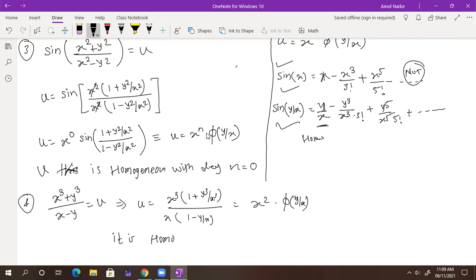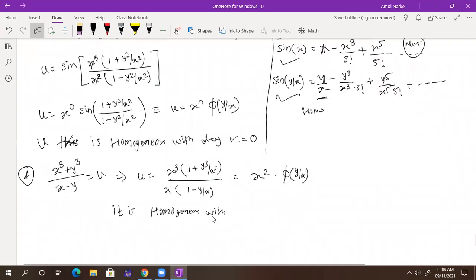So the procedure will always be the same: bring the function to the form of (y/x)^n. If you take x square as common, or y square as common, whatever the inner part of that function is, it becomes a function of y by x. Here I am taking x square common, you can take y square common. Any function is fine, but that function should be in terms of y by x. So it is homogeneous with n equal to...